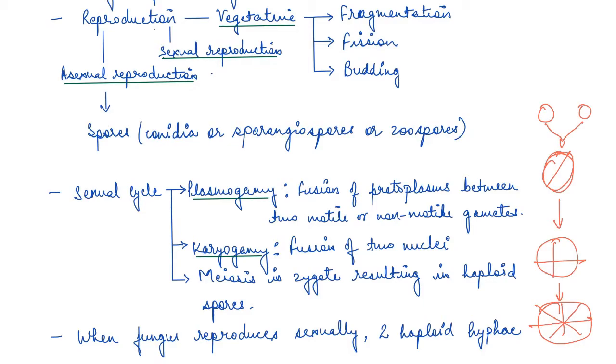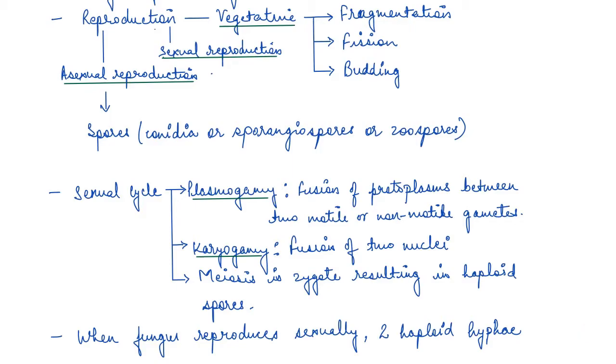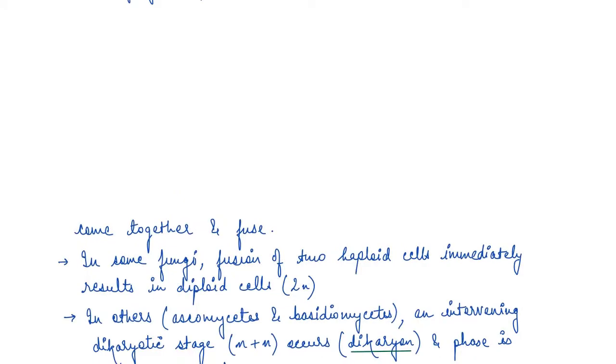These spores survive in adverse conditions and in favorable conditions develop into a hyphae. Now there's just one more point: when these fungi reproduce sexually, they produce two haploid hyphae. Now what we are going to take up next is